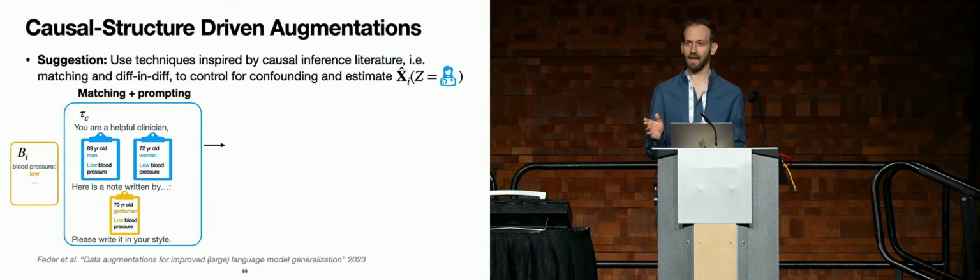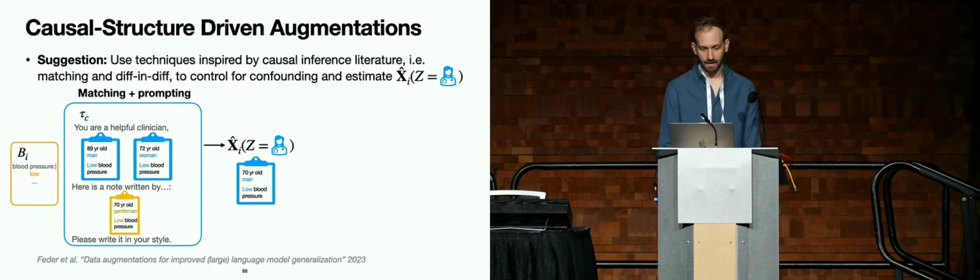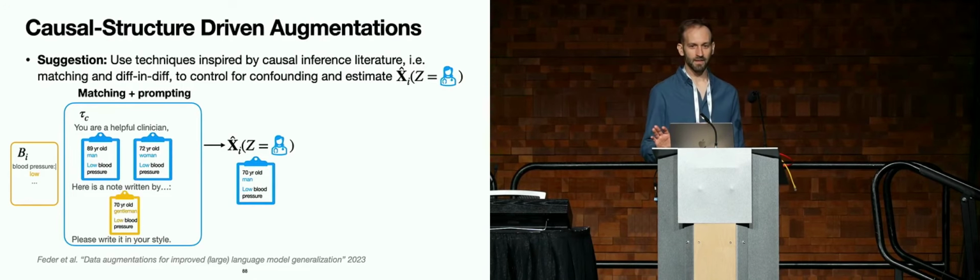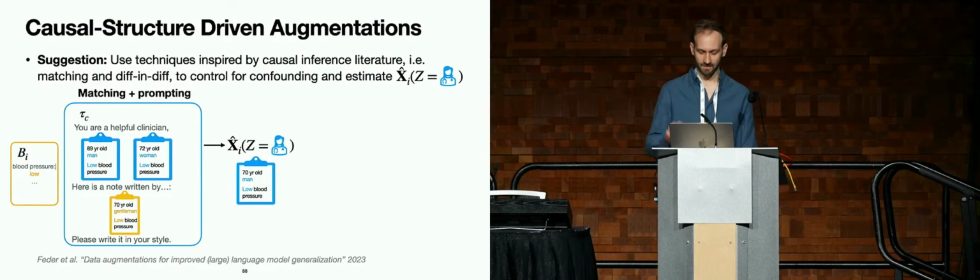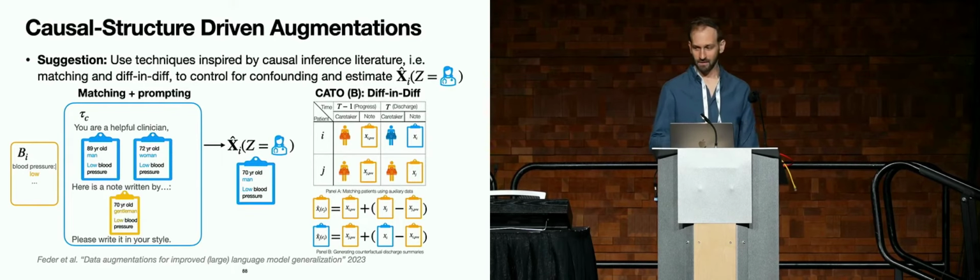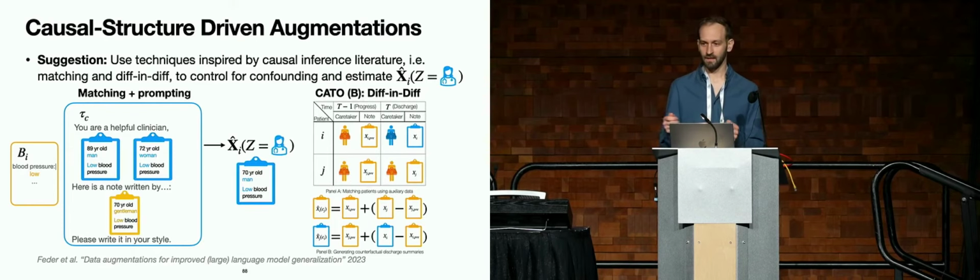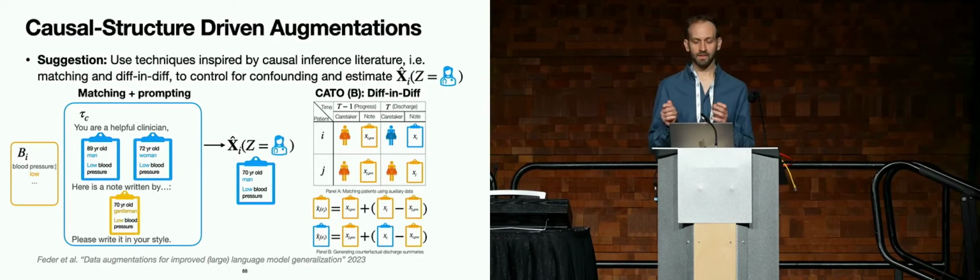So we are matching our patients on several properties. In the paper, they match on many things, like the drugs that people take, or blood pressure, and many other properties. And then maybe we would get a corrected note, which keeps the medical information but transfers the style correctly. They have another method inspired by a method called differences in differences that uses a timeline of the temporal structure of notes in the hospital to do a type of vector algebra